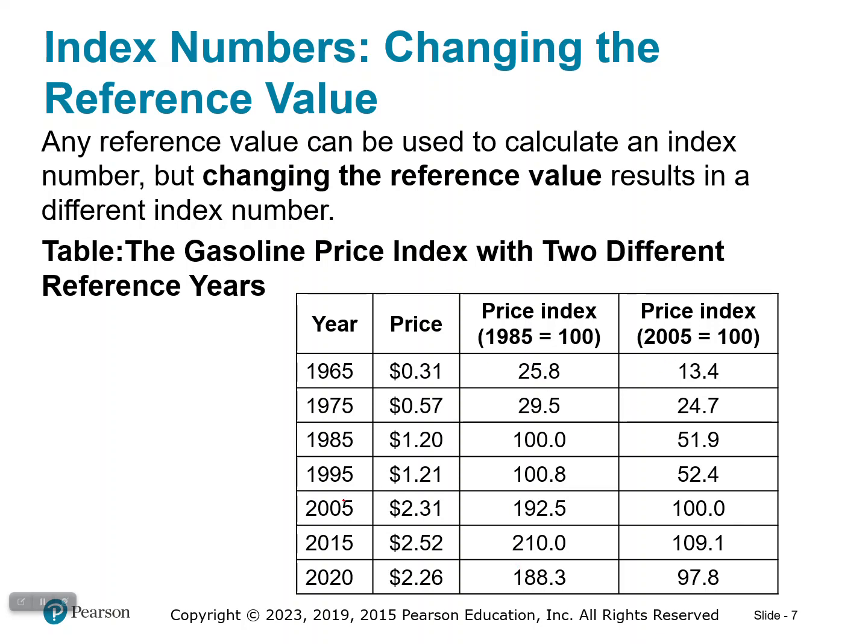But if we think of 2005 as our reference prices, well, then 1985 was only about half the cost, right? A price index of 51.9. Which makes sense because 2005 compared to 1985, when the price index is 1985, 2005 is almost double, right? A little more than half. So it depends on which way we're looking, how we want to compare these, which place we'll find our 100.0,